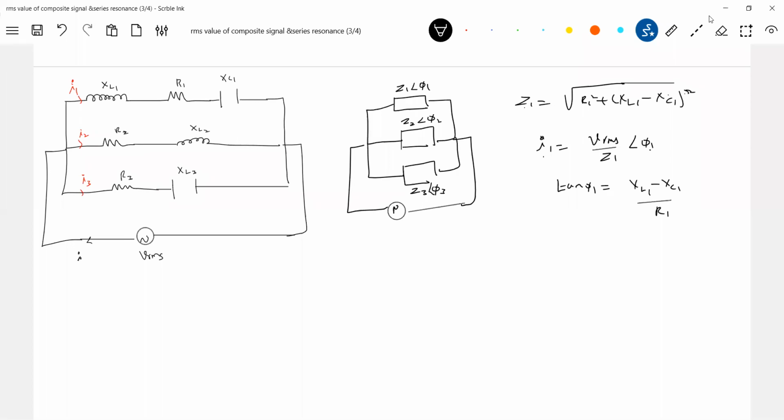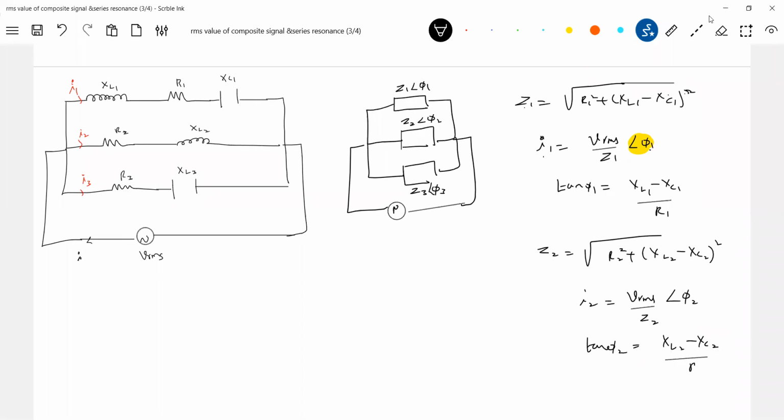Then this I1 has some magnitude as well as a phase angle. How to calculate the phase angle? By this method. Similarly, with the same approach, Z2 has a magnitude of impedance, and this has phase angle phi 2. How to calculate that? Tan phi 2. The phase angle can be positive or negative. It all depends upon the values of L and C. So similarly, Z3 is equal to